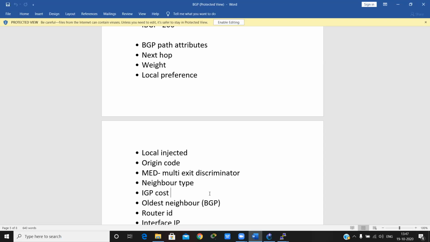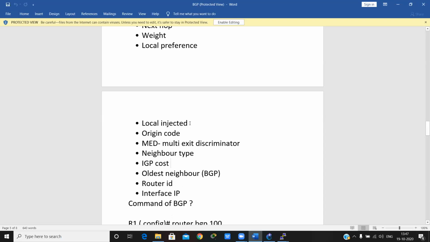Then it checks MED, meaning multi-exit discriminator, then neighbor type, IGP cost, the oldest BGP neighbor, then router ID, and then interface IP.